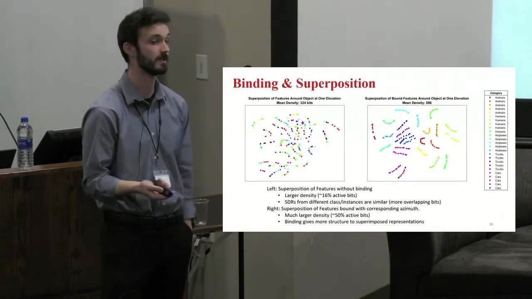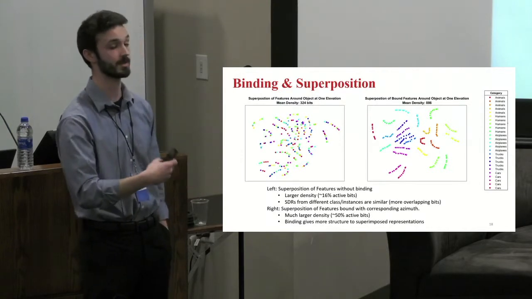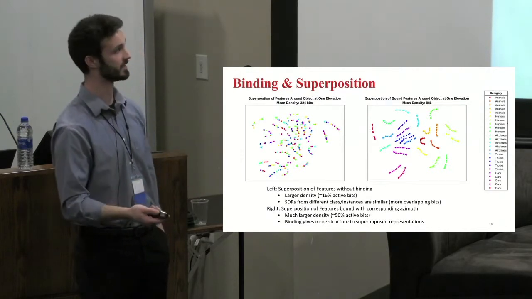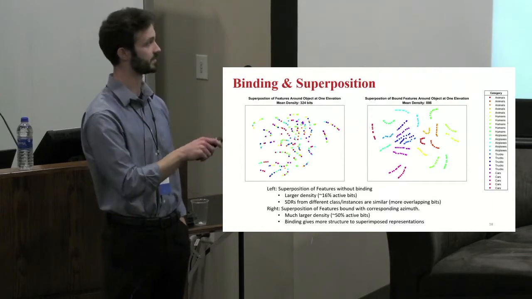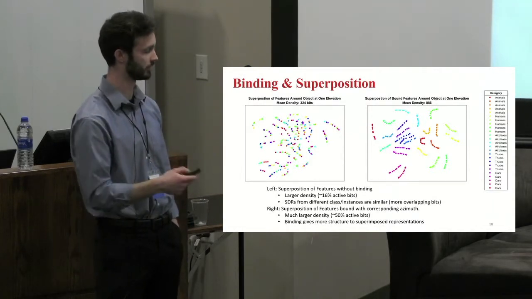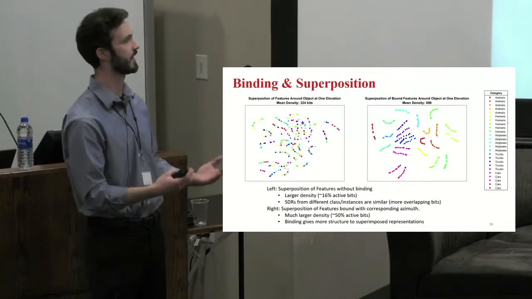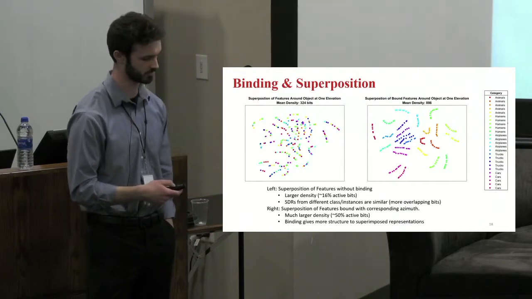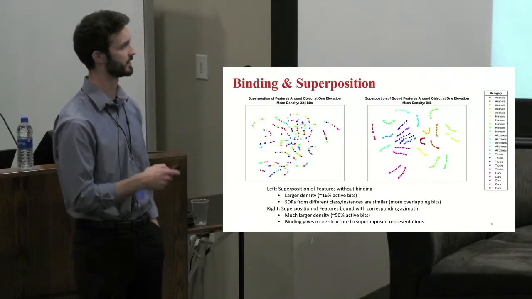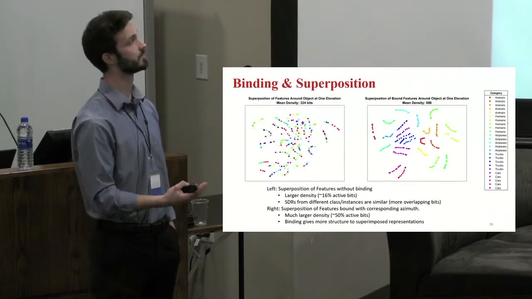Even though we didn't give it any information about elevation, the t-SNE algorithm clustered those data points together. If we superimpose without binding, as you can see on the left here, there's a lot of noise in terms of how things are clustered together. There might be some similarity in terms of instances and classes, but that doesn't seem to be quite the case as we see on the right, in either of these